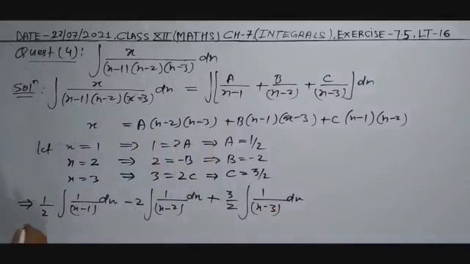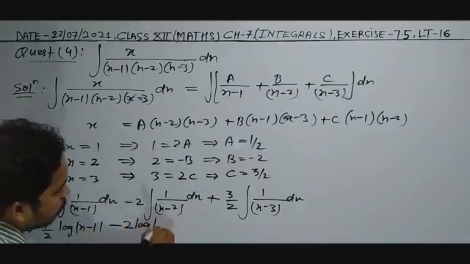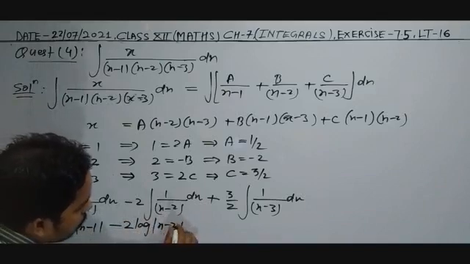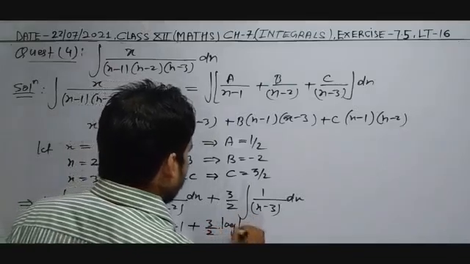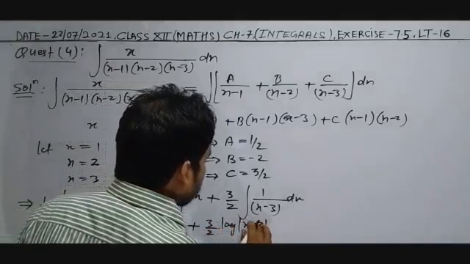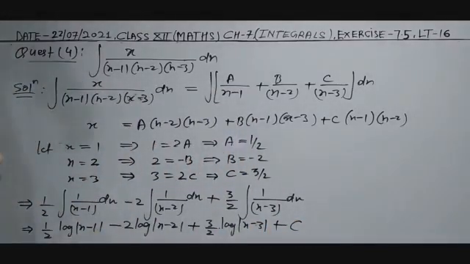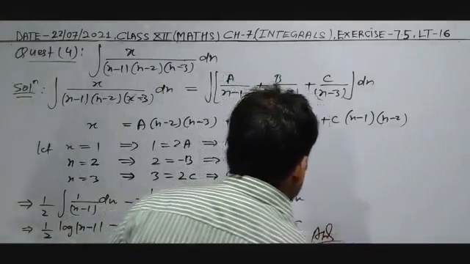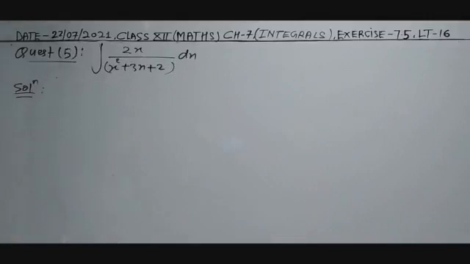Its result is 1 by 2 log of mod of x minus 1 minus 2 times log of mod of x minus 2 plus 3 by 2 times log of mod of x minus 3, and now plus c. Now this is the answer. Question number 4 is completed. Now question number 5 is